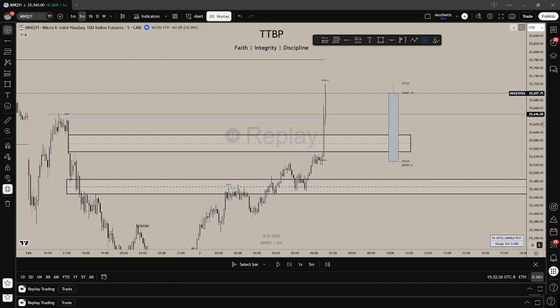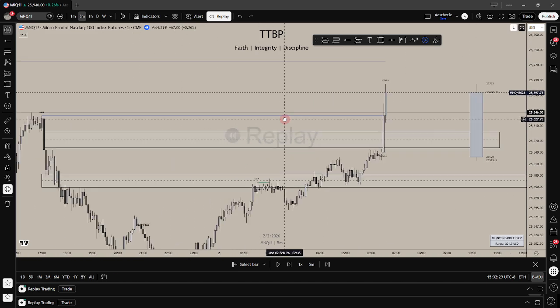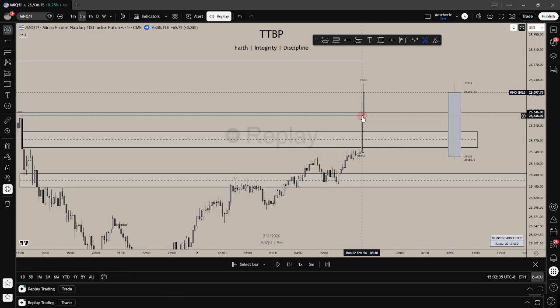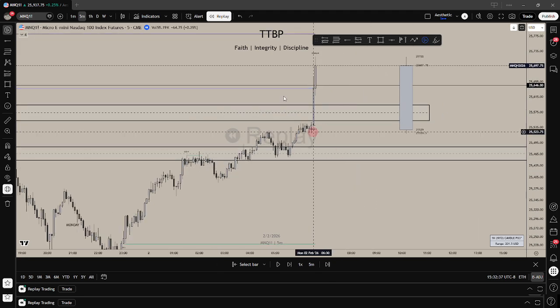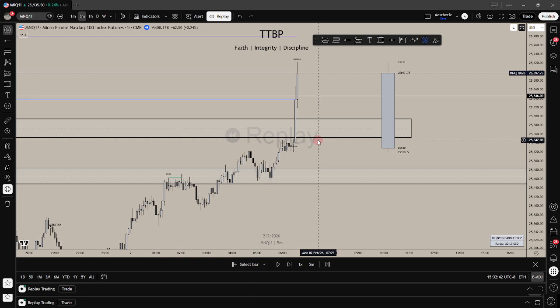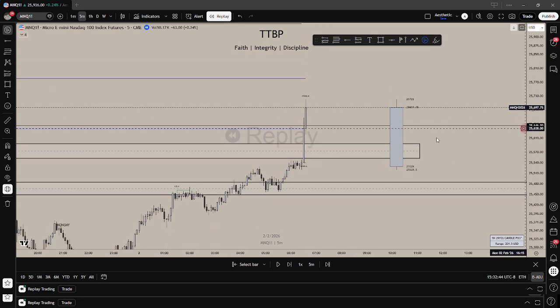The next thing I was looking for is, can we hold price above the Asia high, or is this going to be the liquidity sweep it was looking for to then give us a reversal model back down to the downside, to the sell side? So what I ended up seeing this morning is,